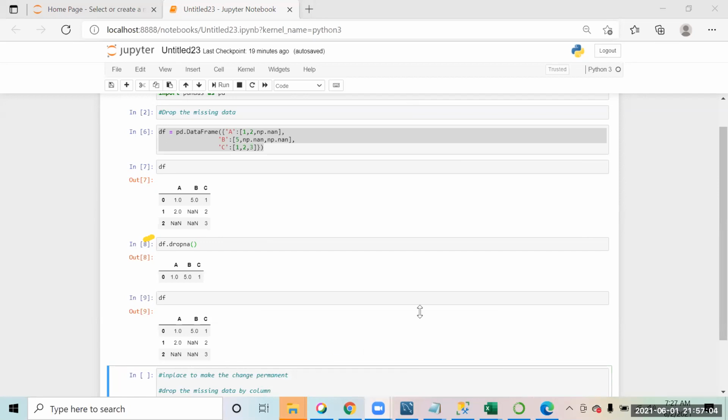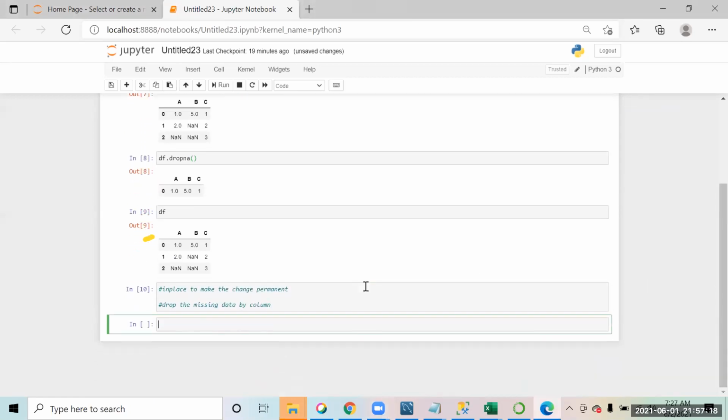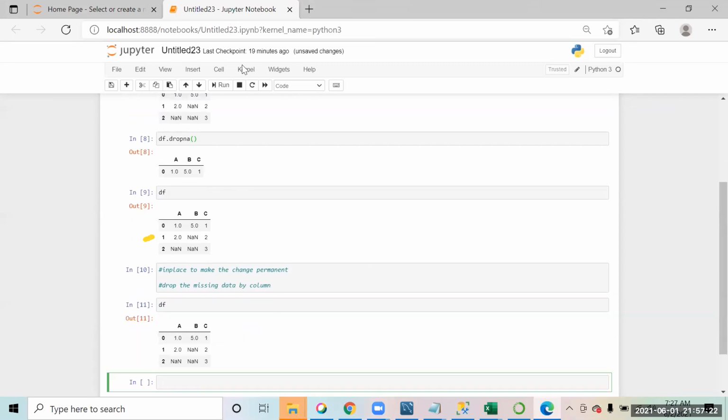Perfect. Now similarly, when you play with dropping the data, you can also set up a threshold. For example, this is the data frame that I have.